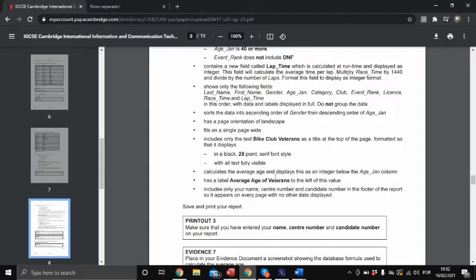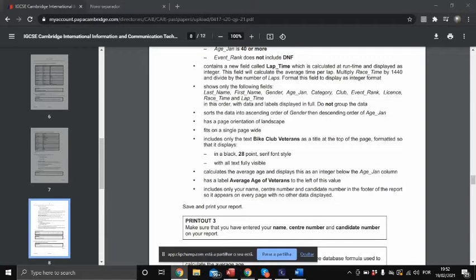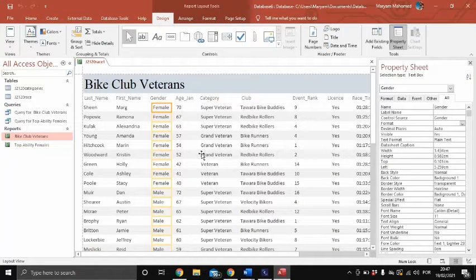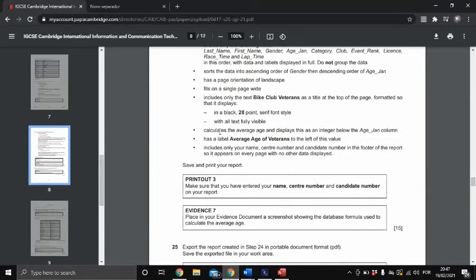And calculates the average age and displays this as an integer below the age gen column. Okay, these three things are not done, so let's do it. So to do the average, what we have to do is, so they say the average age, okay, so